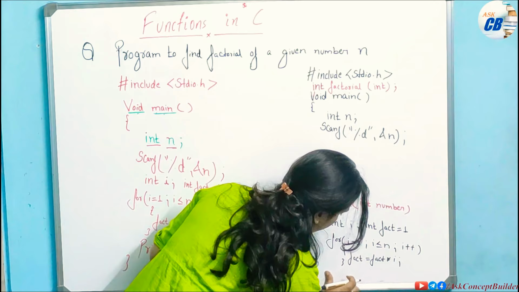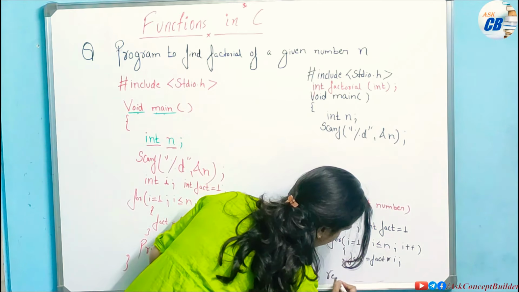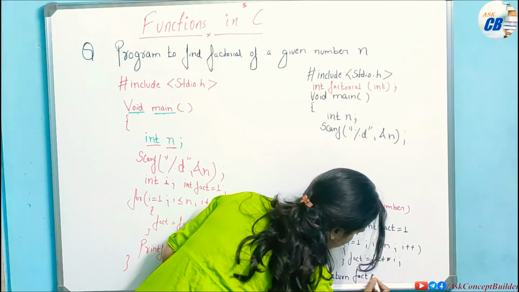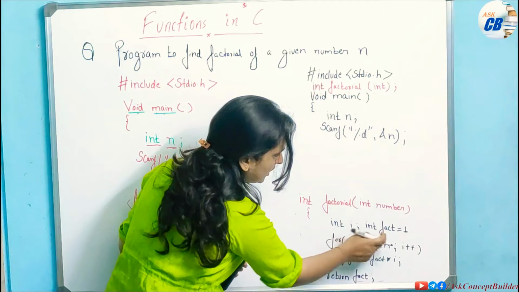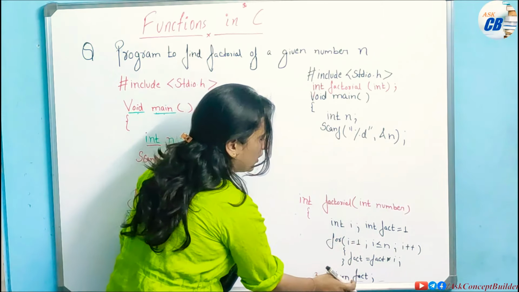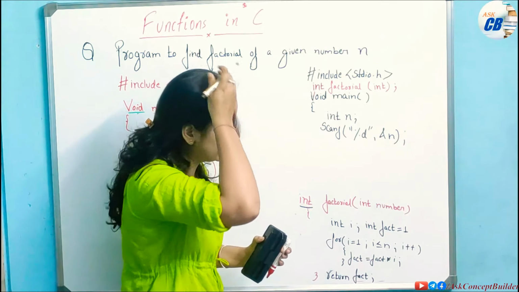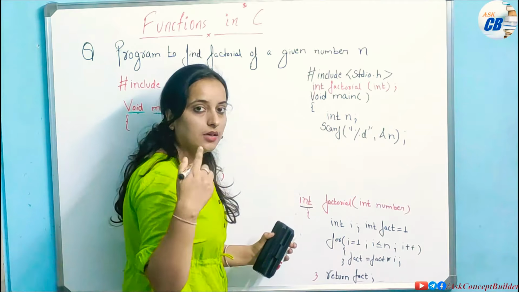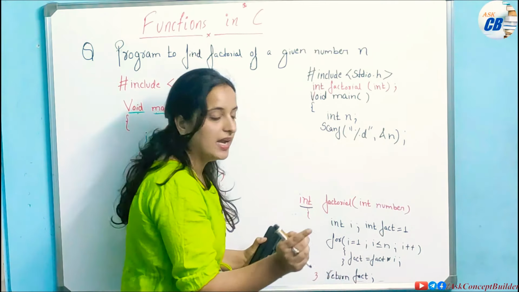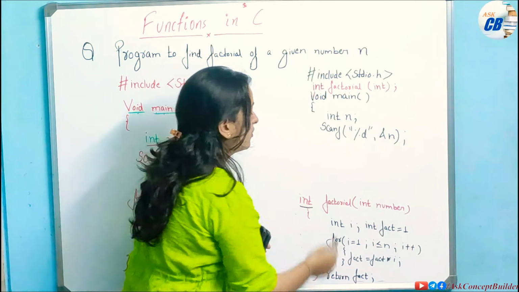And then here, because I want to return this value, instead of printing this fact here, I want to return it. Now see, fact is your integer data type, so you are returning an integer, that's why I have included this int here. This is the important thing, because this will be the type of value which your function is returning. My function is returning this fact, and fact is of integer type, that's why I have included this int here. Now you will return this fact here.